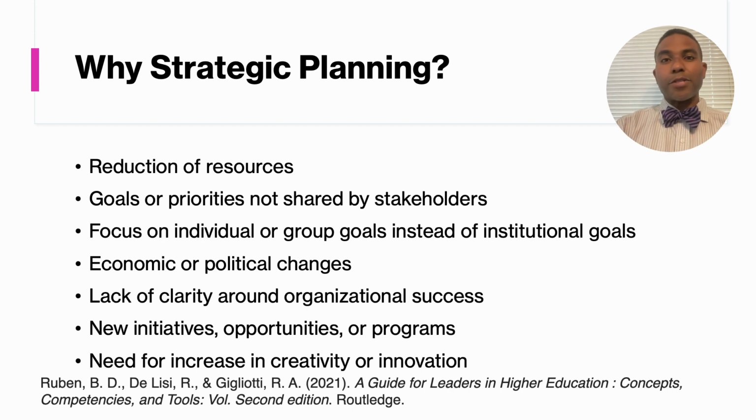Sometimes you have new initiatives, opportunities, new programs. So maybe there's an opportunity to get into a new healthcare degree, or a new engineering degree, or maybe there's an employer who wants to work with your institution to train their students, or train their employees, or to hire your students when they graduate. There's a grant out there for student success, and it involves certain things, and so there's all kinds of opportunities that sometimes present themselves, and you have to look at your strategic plan and say, does this align, or engage in some strategic planning around that.